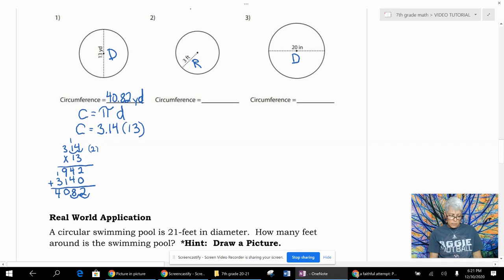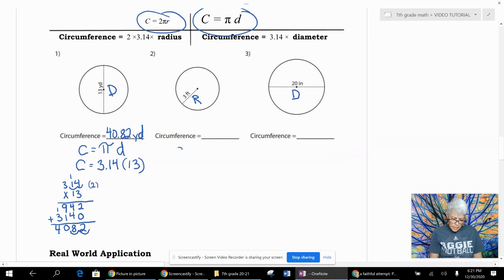It gives me the radius, so let's see, what's the formula for that? C equals 2 pi radius. So let's see, 2 times 3.14 times 3, which is the radius. Okay, so 2 times 3 is 6. 6 times 3.14. Again, if I work that out without a calculator, again, just a quick reminder of how to multiply